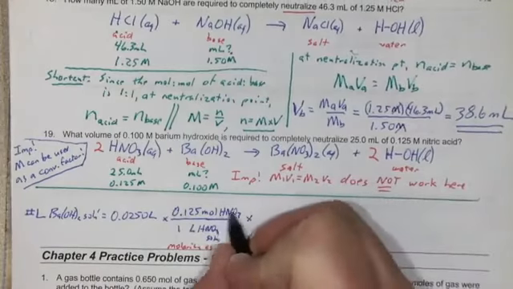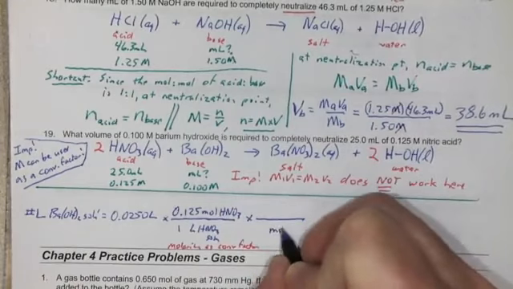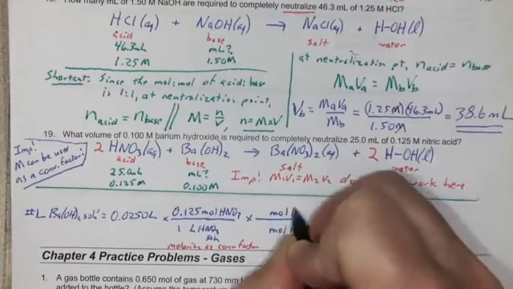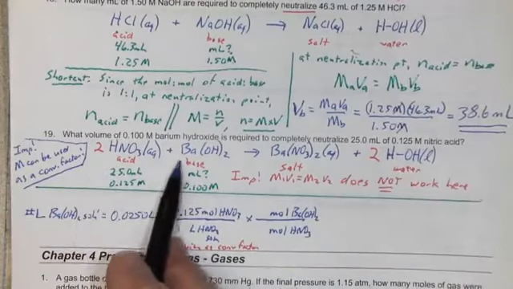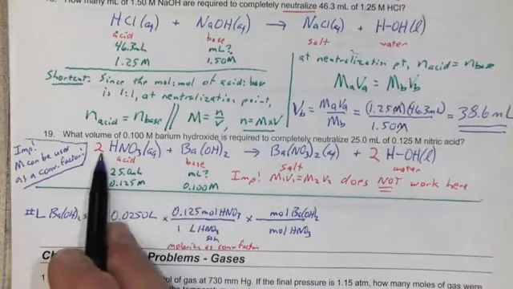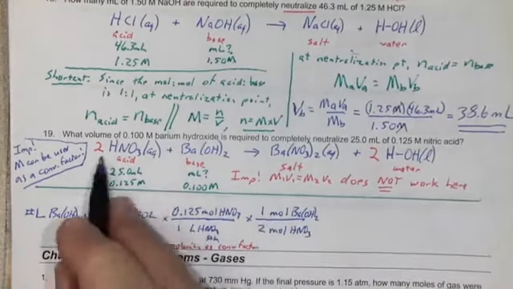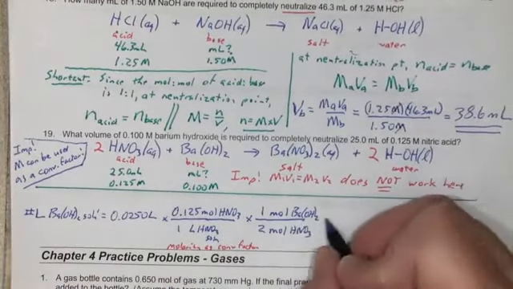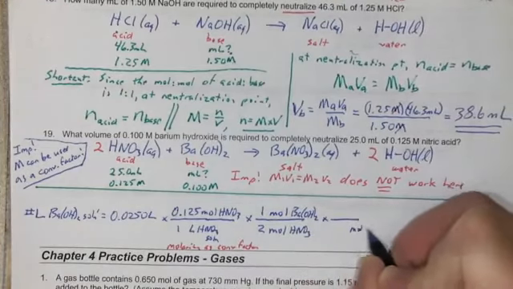I don't want it in nitric acid. I'm converting to barium hydroxide. So I need to wake up screaming mole to mole ratio. I put moles of HNO3 in the denominator and moles of barium hydroxide in the numerator. And the mole to mole ratio from the balanced equation: 1 mole of barium hydroxide, the coefficient is understood to be 1, reacts with 2 moles of nitric acid, so 1 to 2. Be sure you see where I get the mole to mole ratios from the balanced equation. So moles of nitric acid cancel, I get it in moles of barium hydroxide. I'll say times, draw a line, and I'll put moles of barium hydroxide